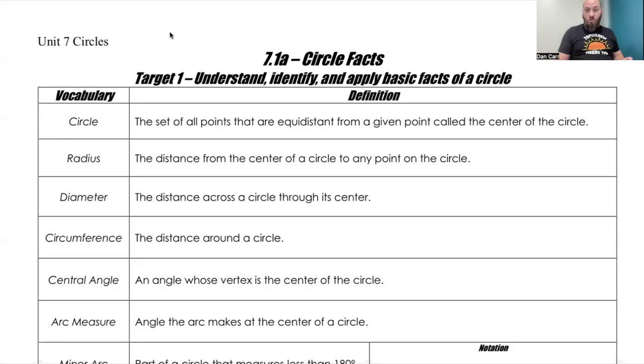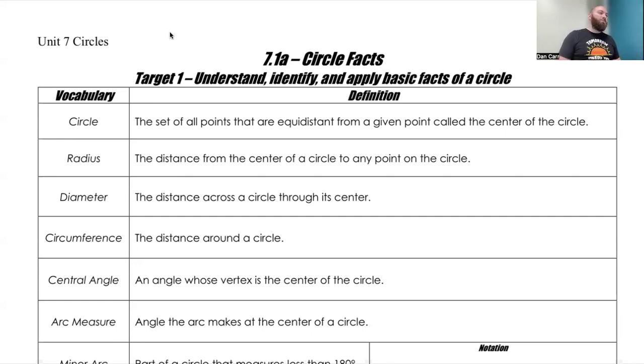Today we're going to be starting our new unit on circles. So unit 7, with this one, 7.1 day 1. It's all about just our basic circle facts. So it's a lot of vocab. I'm just going to run through these a little bit quicker, make sure we understand